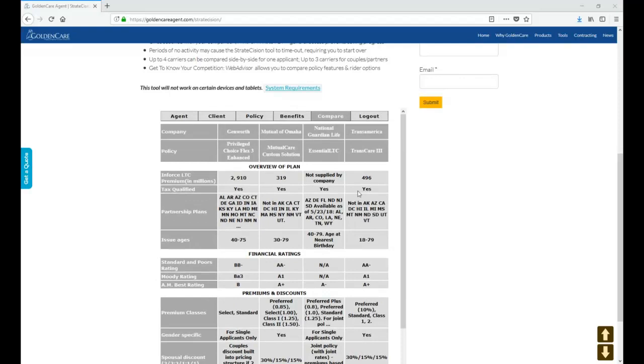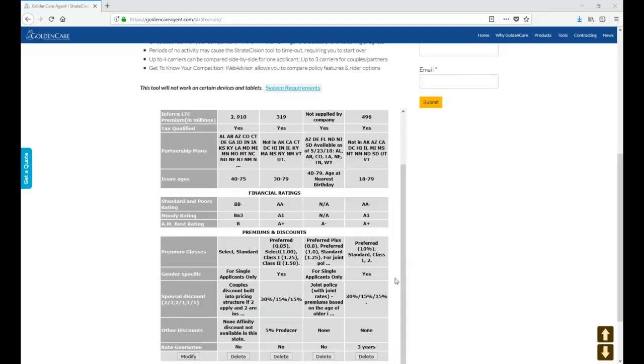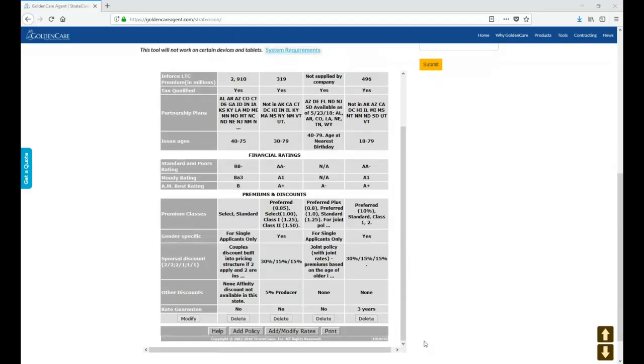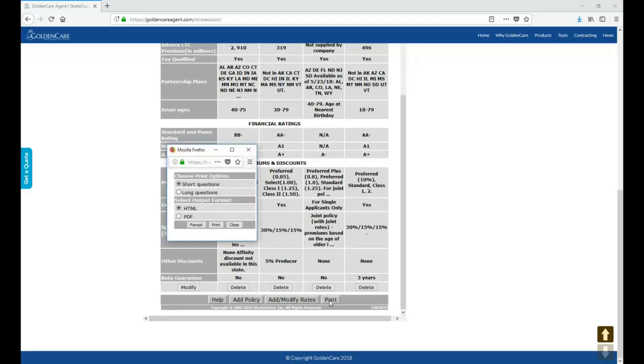Again, this layout screen, the same types of print options will appear at the bottom. Options to delete if you've elected too many carriers or if you're not interested in one specifically. And then here at the bottom, they allow you to print. Now, this is a pop-up box that will allow you to show short questions versus long questions. I generally go with short questions, and then, again, being in the position I am, I usually choose the PDF